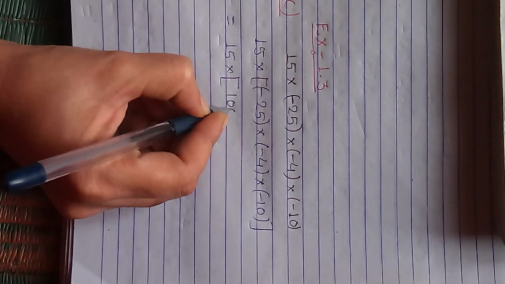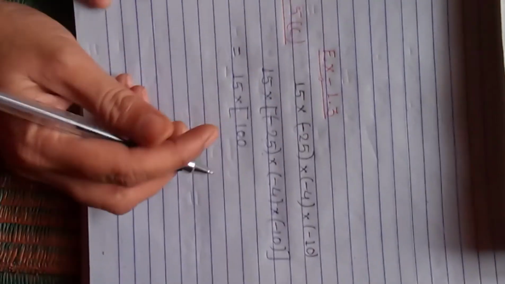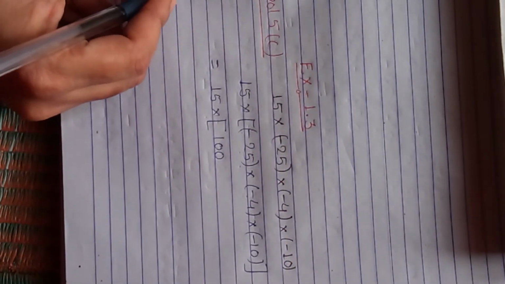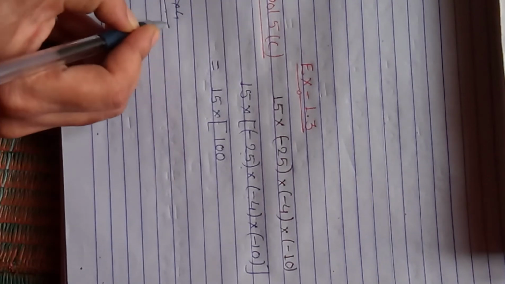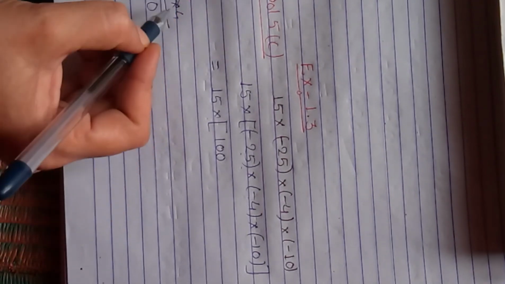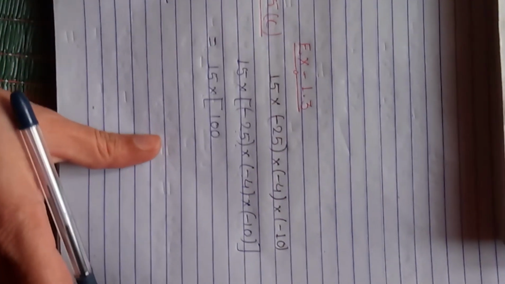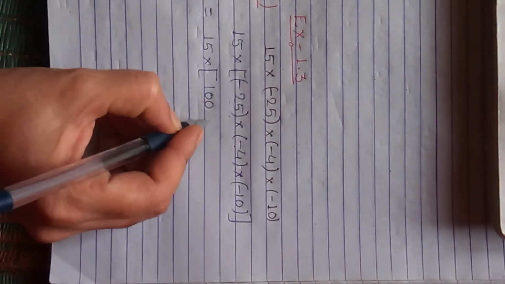It will be 100. Okay, if you want, you can multiply here. 25 into 4, 5 4s are 20, here 2, 4 2s are 8, 8 plus 2 gives us 100. So here 100, then